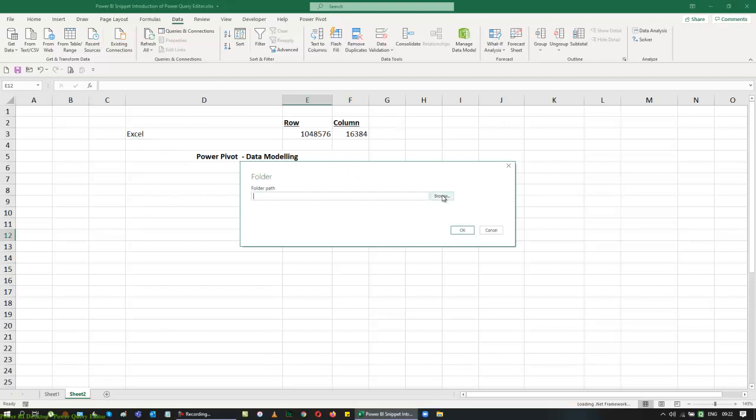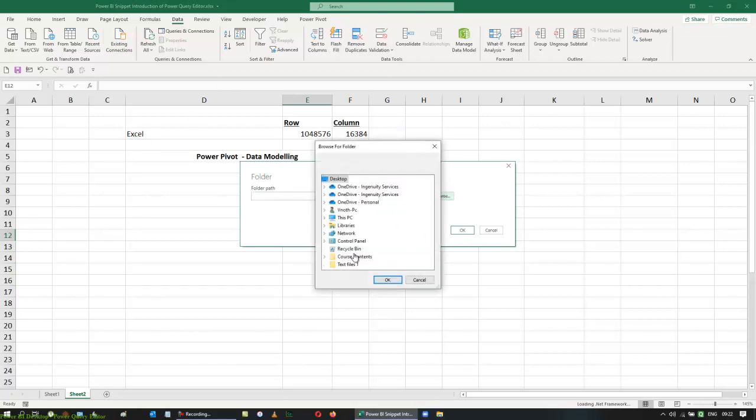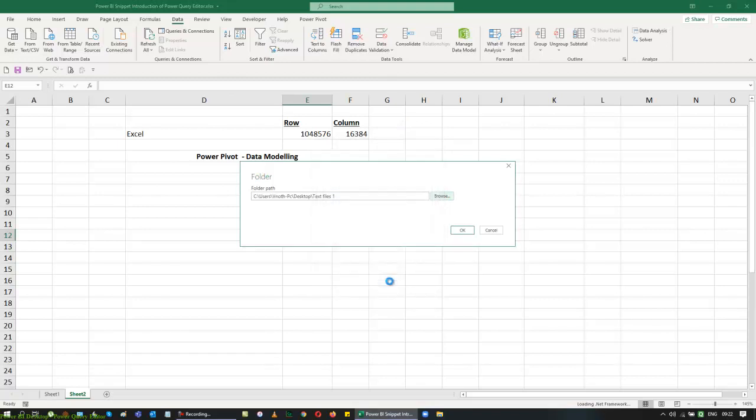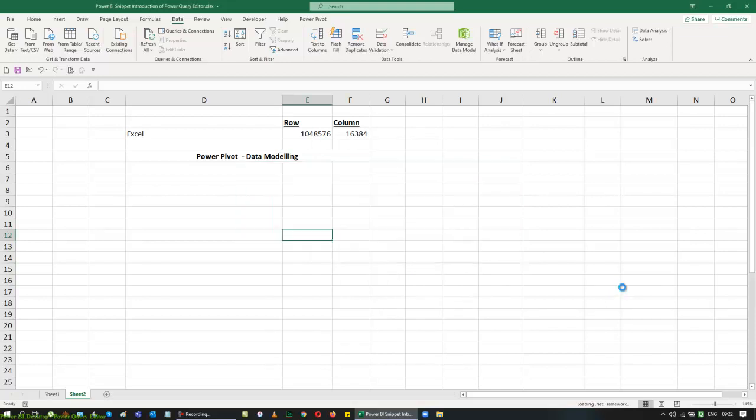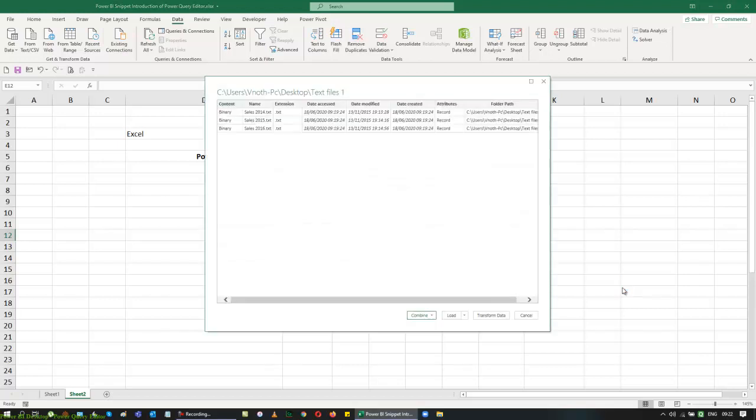Now I'm going to browse and bring a folder into my data. I have already added a folder here. I'm going to place the cursor on the text files folder, and when I click OK, you can see it automatically pops up the three text files that I had inside that folder. Then it shows what data we have here. Again, I'm going to extract this file because I've opened and shown you the files we have for sales 2014, 2015, and 2016. But what I'm seeing at the moment is the file name, not the data extract.